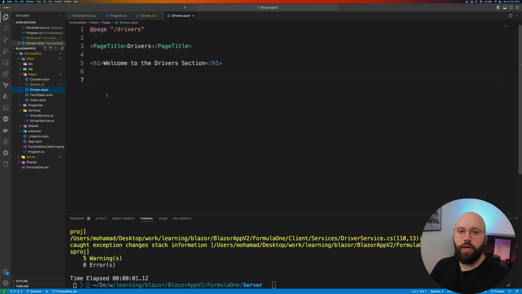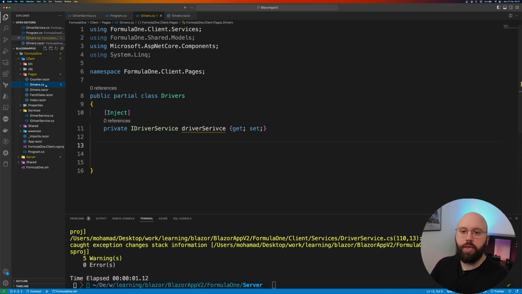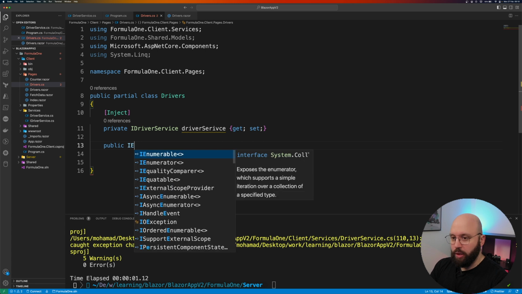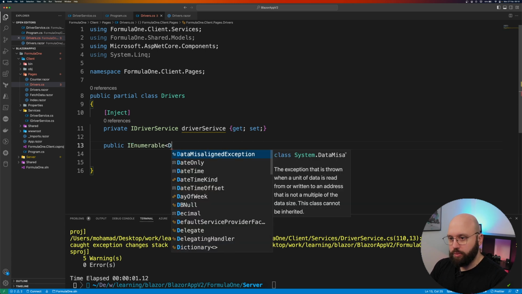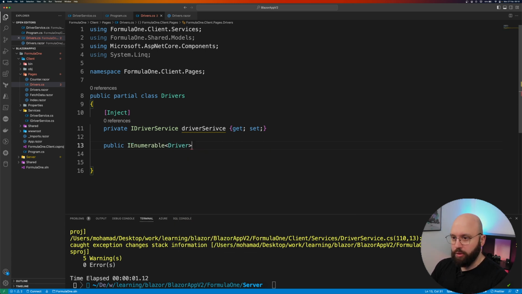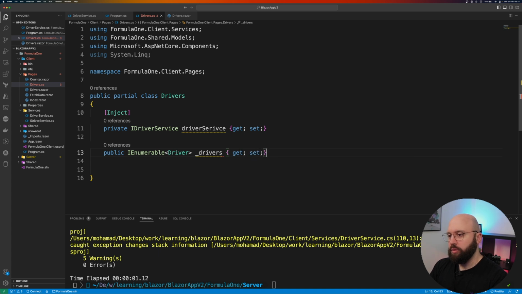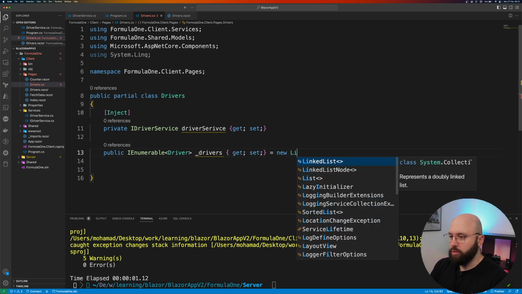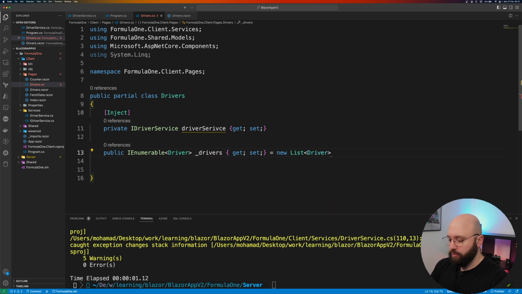And now what we also want to do is, because we're going to be getting a list of drivers that we want to pass into the Razor page, we want to have some kind of a list here where we can actually utilize. We can think about it as if it's like a view model or like a binding model that we can actually share between the C# code as well as our Razor code. So for that, we're going to put a public enumerable driver _drivers,